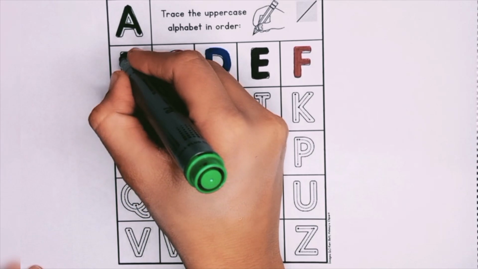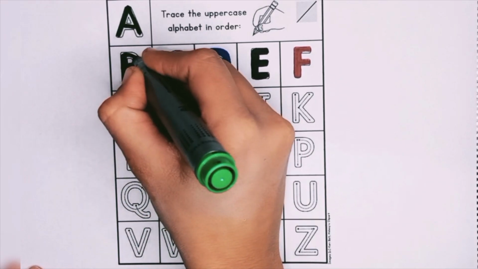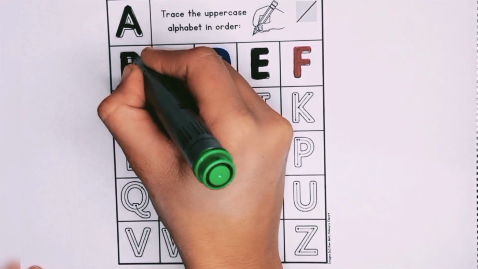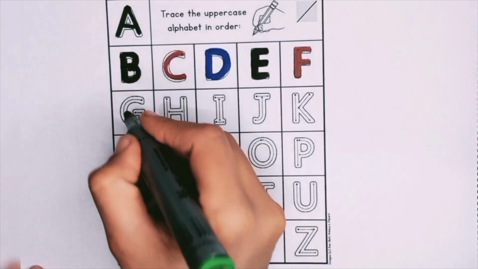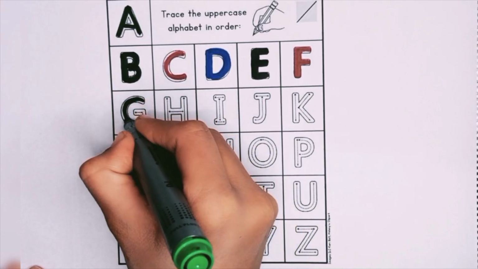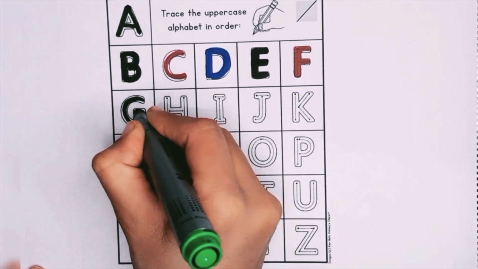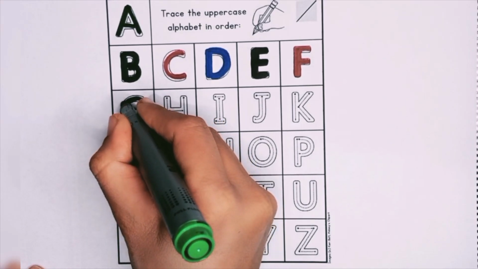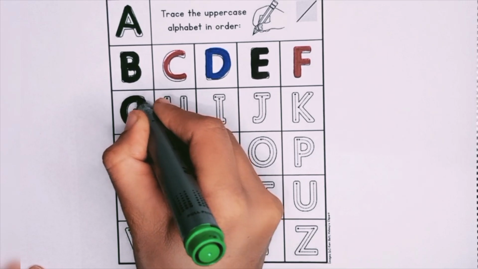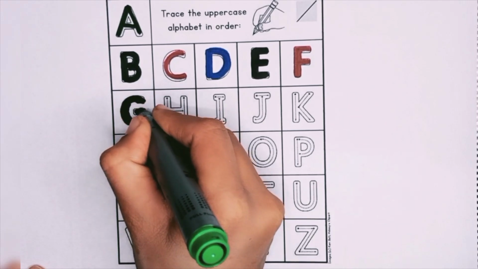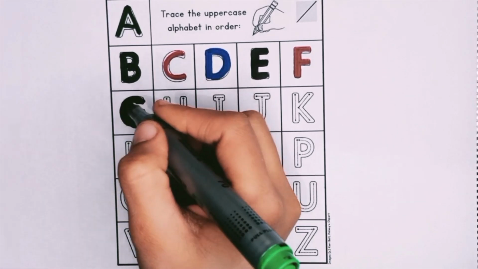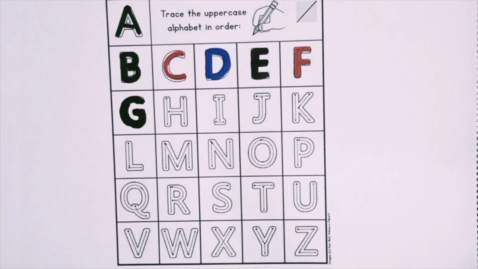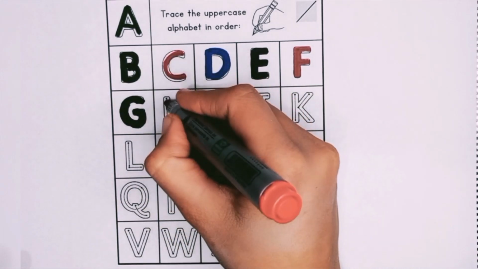G. हम ट्रेस करने लगे हैं बच्चों ग्रीन कलर से। G for goat, G for goat, H for horse,